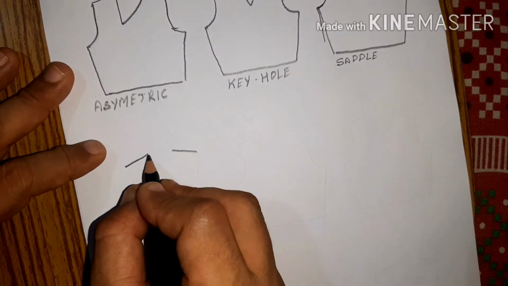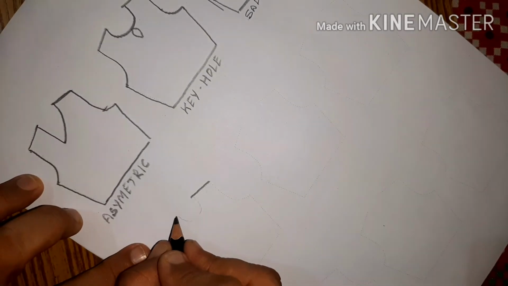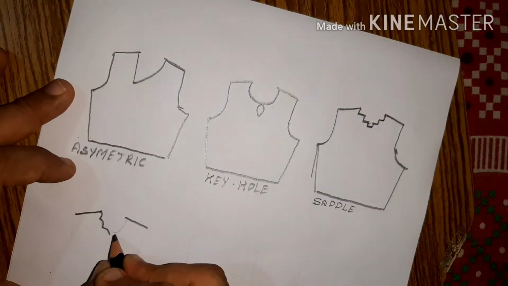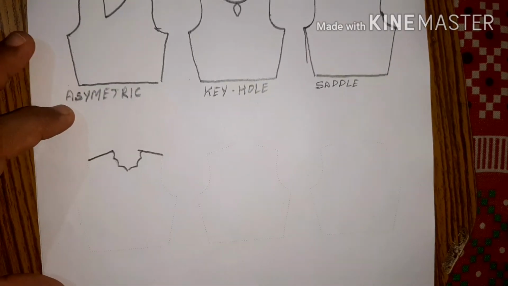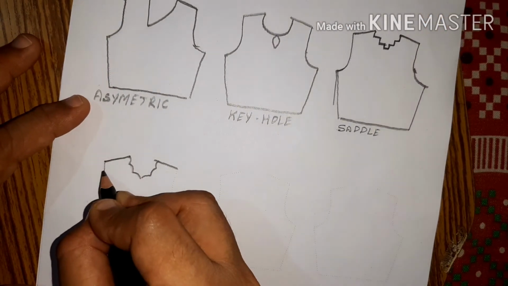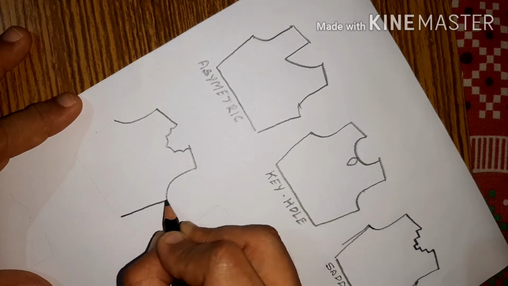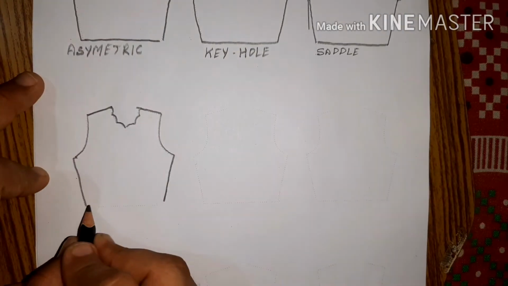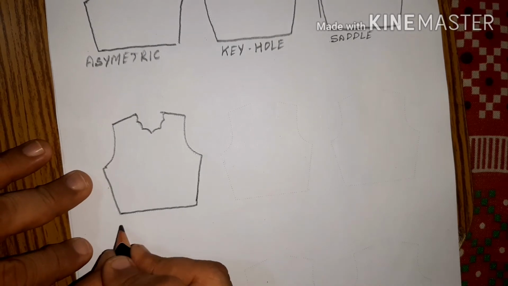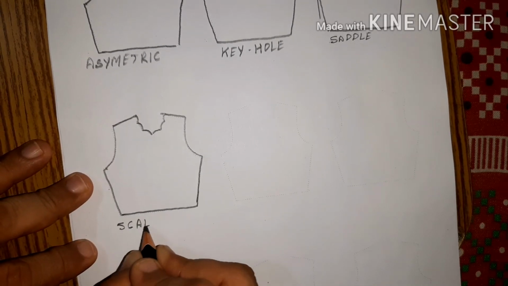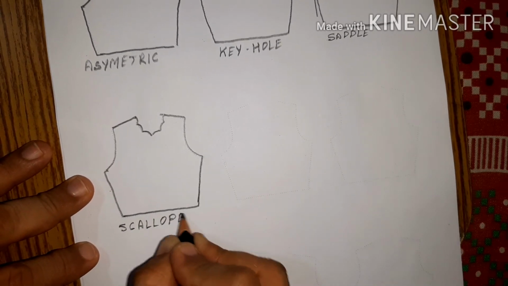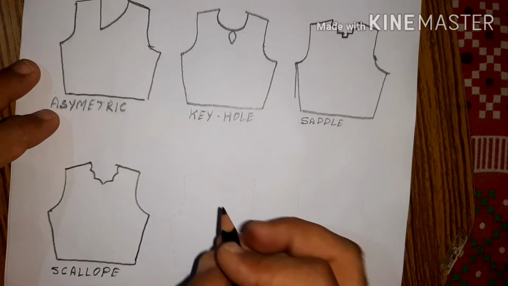The next neckline we are using is the scallop neckline. It also can be used with any basic neckline. Here I am using it with a round neckline, so you can create the scallops on square, sweetheart, or any other neckline base shape. So it's just cut, or it has the scallop shape at the edges.